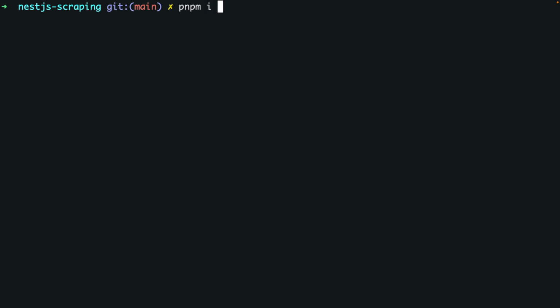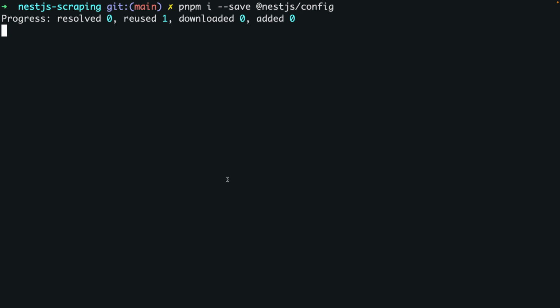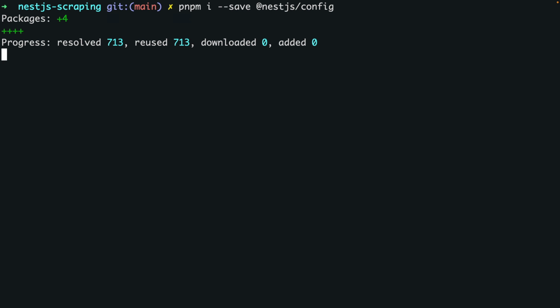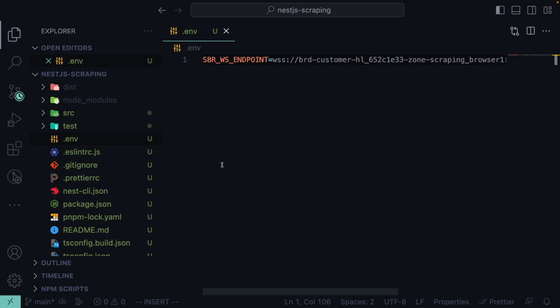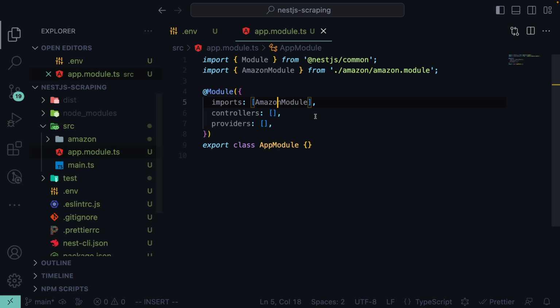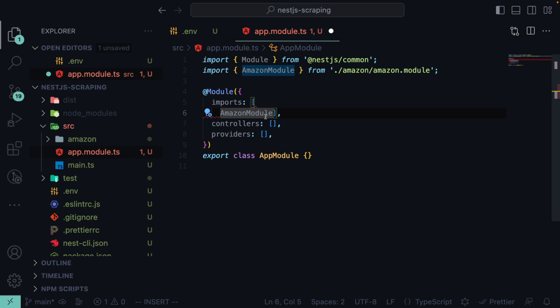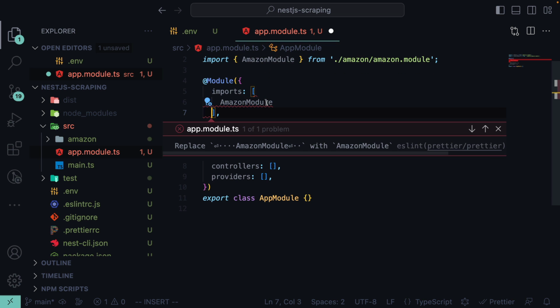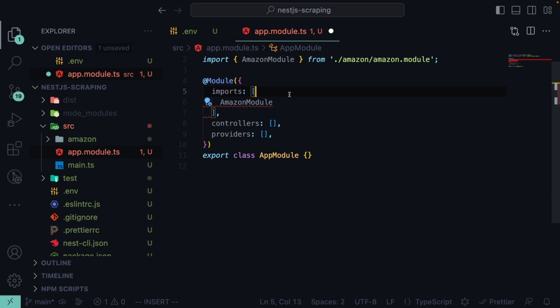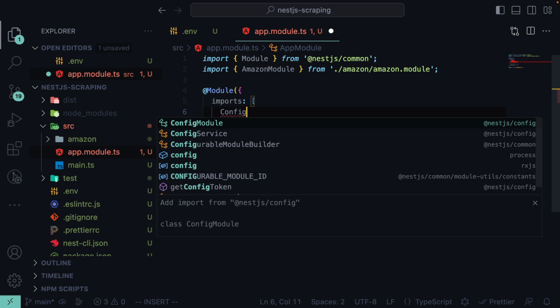So simply npm install --save @nestjs/config to install the config dependency. And now let's go back to our app.module so we can actually set up our config module. In our app.module, in our imports array, we'll go ahead and add a new import. So we'll have a ConfigModule